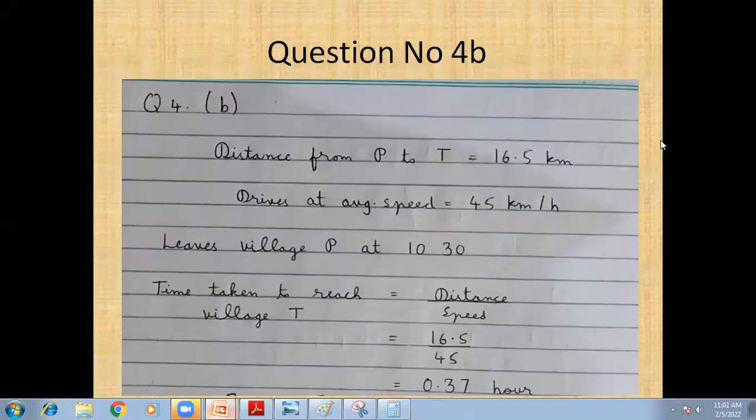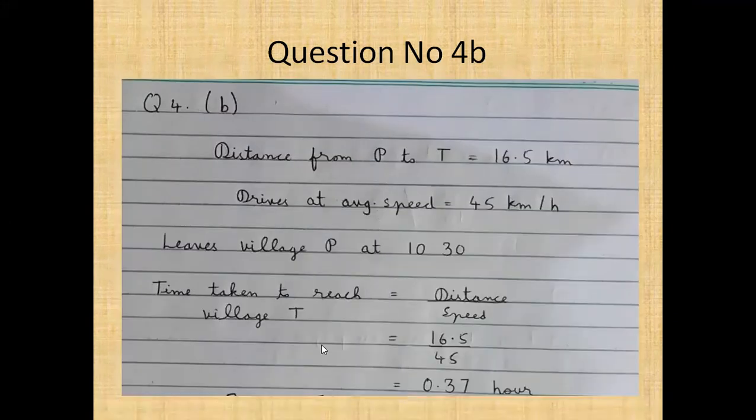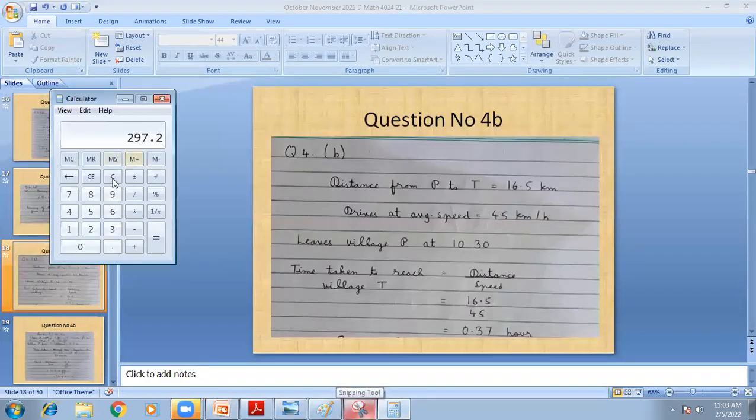So he reaches T at 10:52. Okay. So you can find out how we know that. I can show you how this is done. Let me intervene because we missed something. This is